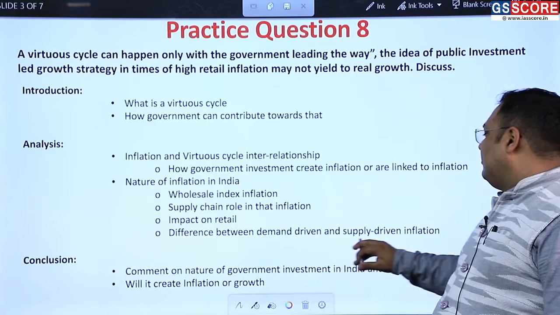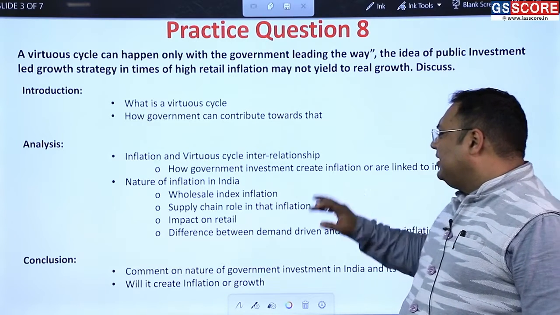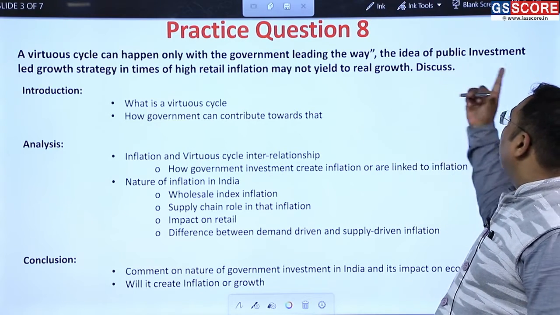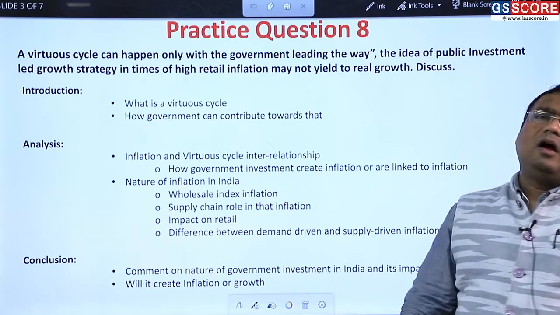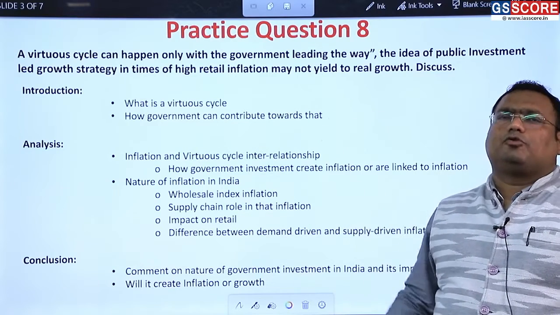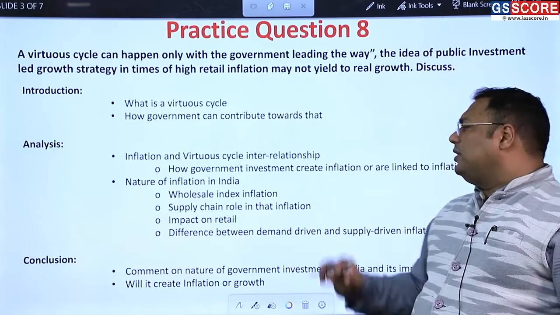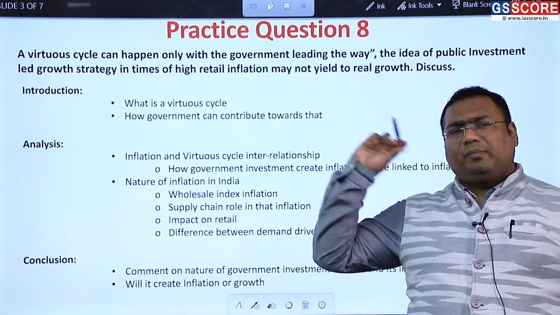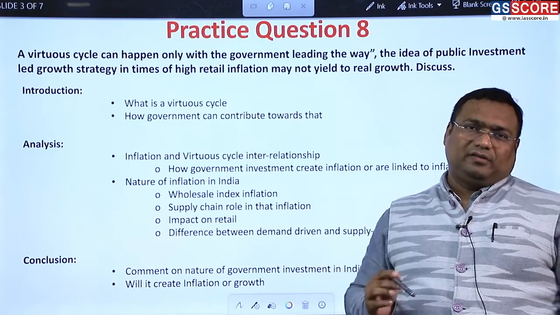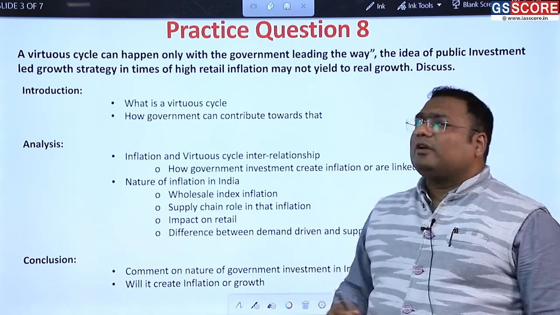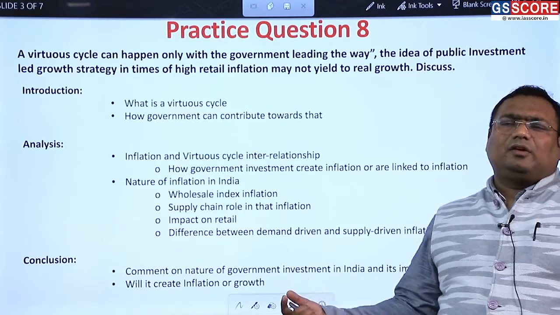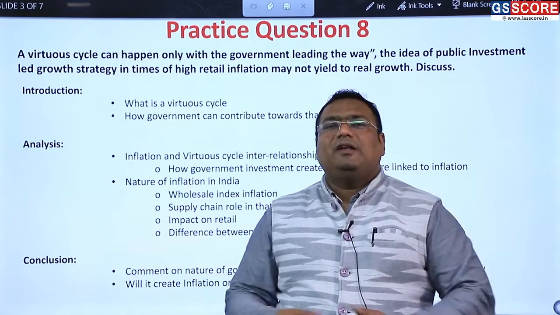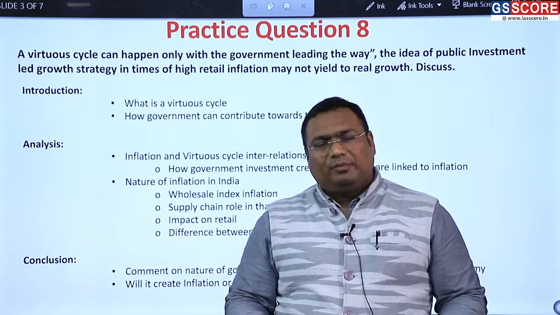So the present inflation in India is largely supply driven, very less demand driven, and as a result government can continue to invest, government can continue to adopt that strategy. And I've already discussed certain points in the previous question also, that there is excess liquidity in the system. So the previous question was about government investment leading to interest rate increase. This question is about government investment leading to inflation increase. These are the two biggest challenges in our policies. अगर ये चैलेंज ना हो तो पॉलिसी मेकिंग में कुछ है ही नहीं, फिर तो एक 10th क्लास का बच्चा भी पॉलिसी बना सकता है।